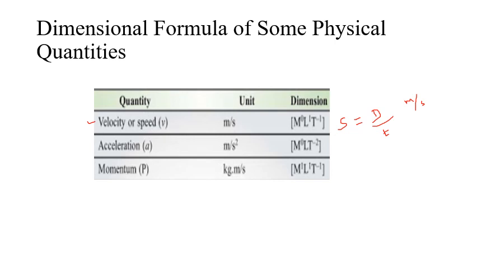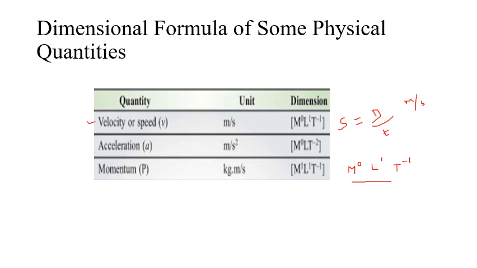Now, meter per second, how will you mention it in dimensions? Meter is the SI unit of length, so length to the power 1, and second is the SI unit of time, so time to the power -1 because it is in the denominator. Generally you should mention it in MLT format. Mass is 0. So this is the dimensional formula for speed: M power 0, L power 1, T power -1.